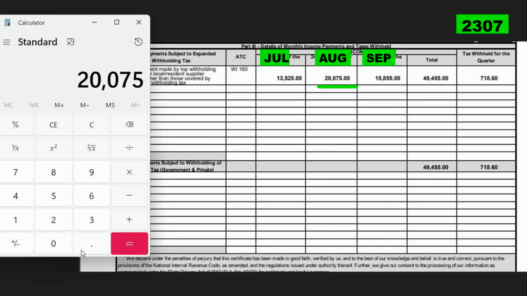20,075 plus 15,855 equals 35,930. So, ang kinaltas nila ay 2% nitong dalawang buwan. So, times 0.02 equals 718.60. So, ito yon. Kaya, kung ilalagay mo to sa SAWT, ang ilalagay mo lang sa SAWT ay yung mga